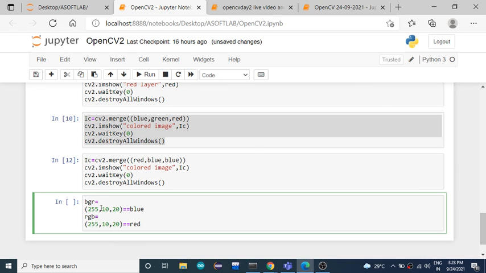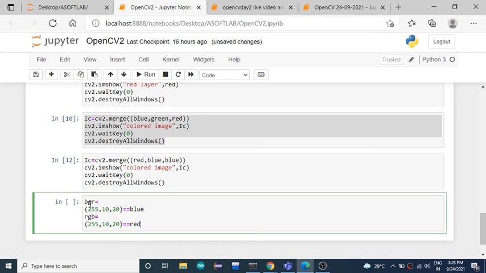Here the blue concentration is more, so that's why most of the pixels will be almost blue. So this is how the layers will affect the final coloring in the colored image.